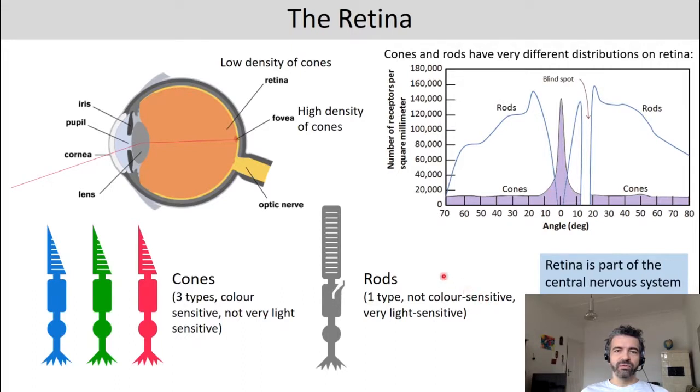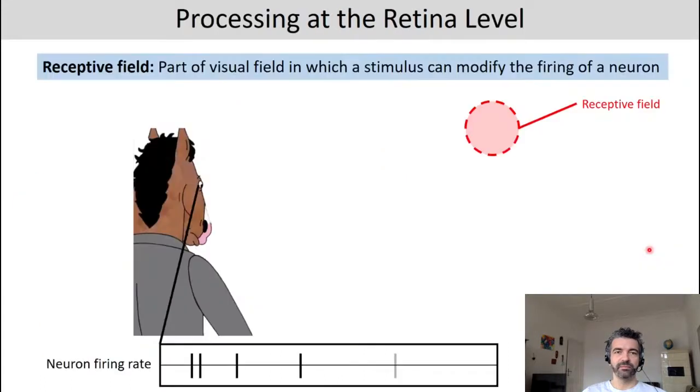So, the retina, as I said, is part of the central nervous system, and the retina is important because that's the first instance where a physical signal, the photons, are translated into the neural language. A very important concept in order to understand how the visual system works is the receptive field. A receptive field is a part of the visual field in which a stimulus can modify the firing of a